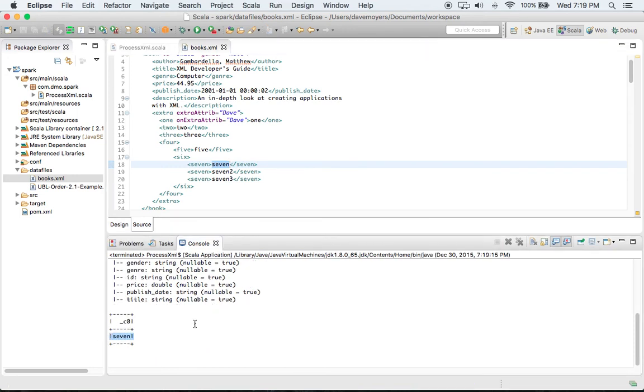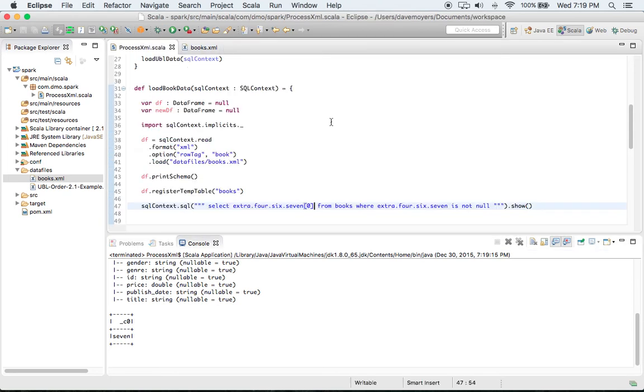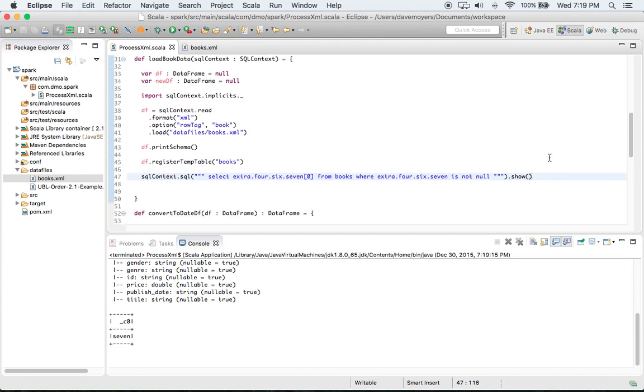Okay, so there it was. Alright, so that's how you deal with the nesting nature of XML, and deal with those types of situations where you've got to get down to very specific elements and values for those specific elements. Okay, so let's